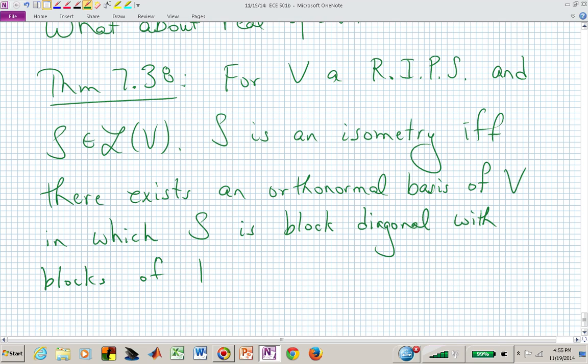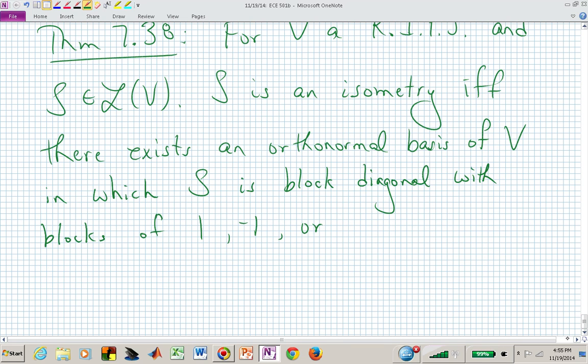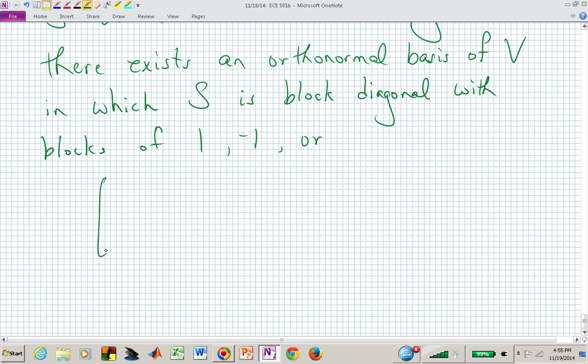We know the eigenvalues have to have magnitudes of 1, but minus 1 also has a magnitude of 1, so that could also be, so we could just turn around, essentially, in terms of rotation,